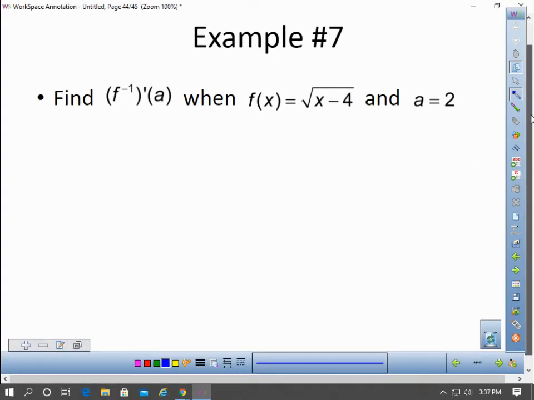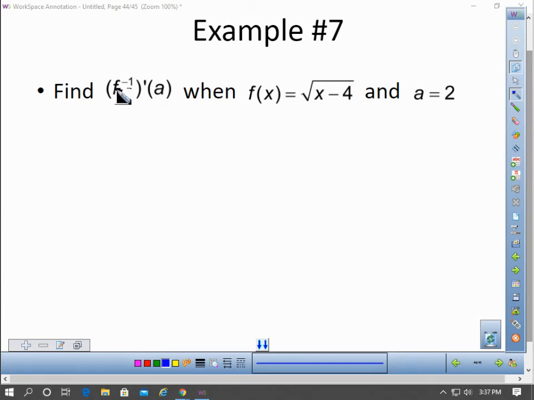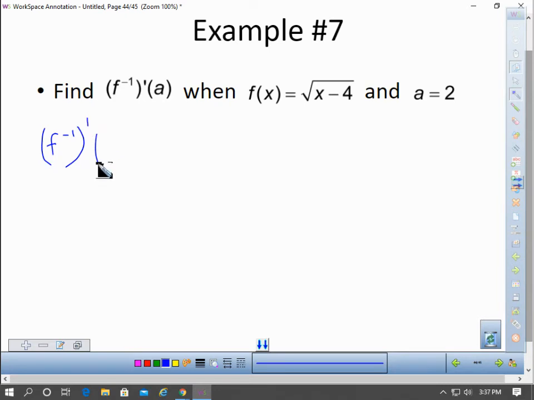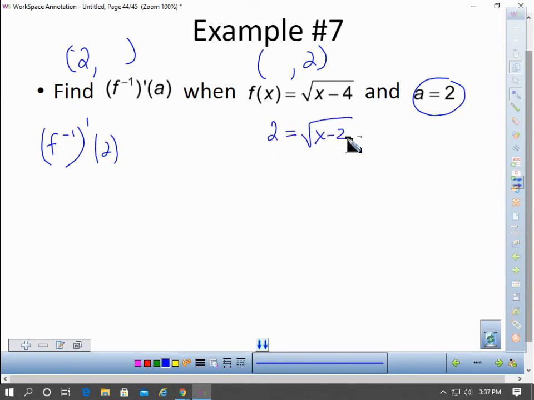Okay, same thing. I want the value of f inverse's derivative at the a value, and our a value is 2. So that's the x coordinate for our inverse, which means over here it's the y coordinate for the function. So I'm going to set this function equal to 2 to find my x value. So now I'm going to square both sides. So 4 equals x minus 4. So then when I add 4,